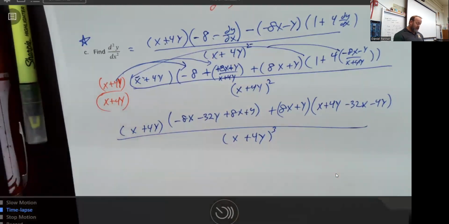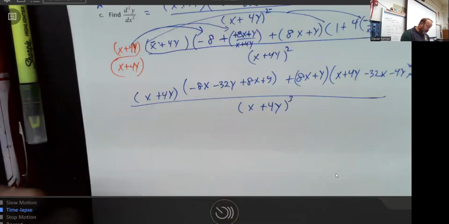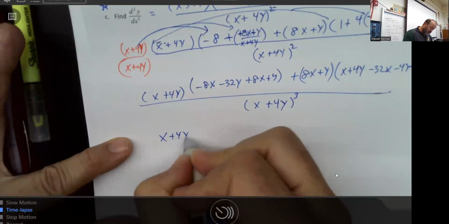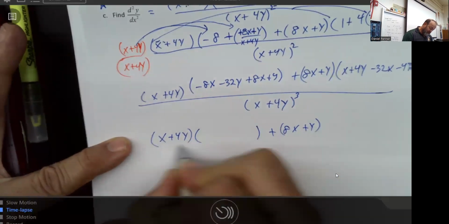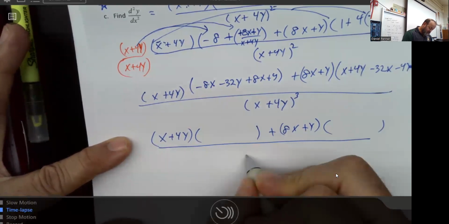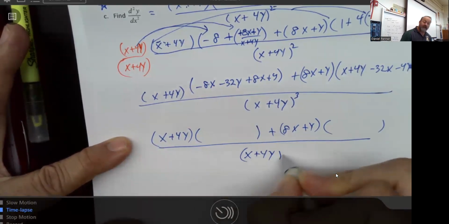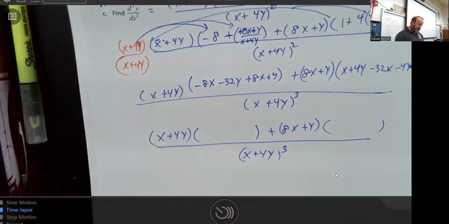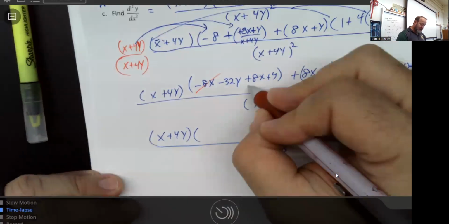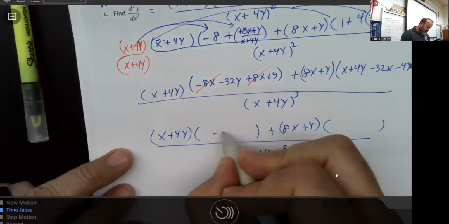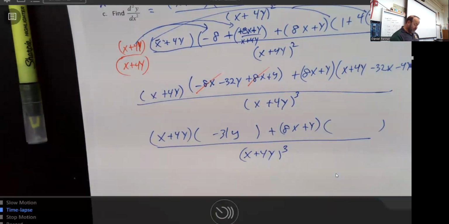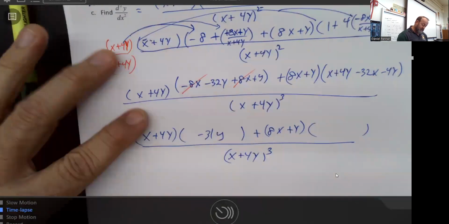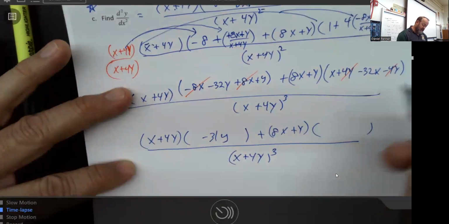Now, that may not look like I did a whole lot, but it actually did clean up a little bit, and it's worth knowing that when we do these problems, that does tend to happen: as we go through those ways and do a couple little pieces, they tend to get a little bit better. And what I noticed when I worked through this problem is those 8x's cancel, and all that just became negative 31y, which looks quite a lot better, which means I could probably even go a little bit further. And then when I look at this step over here, I noticed in a similar way, those two things canceled, and I get negative